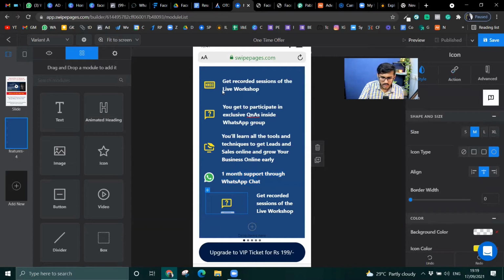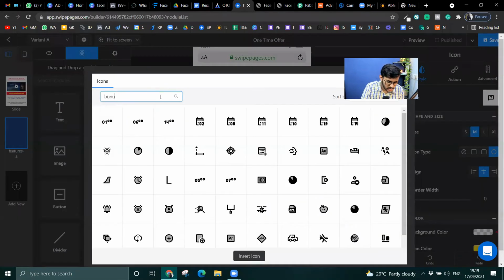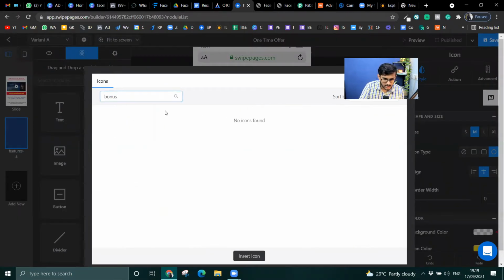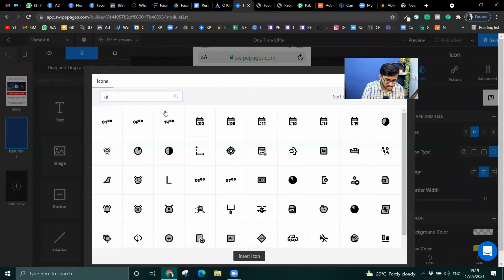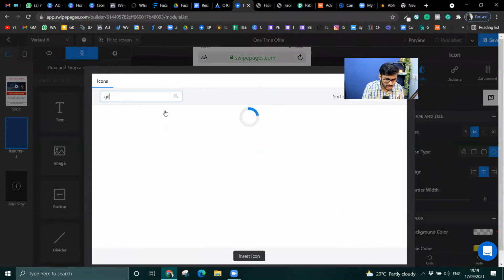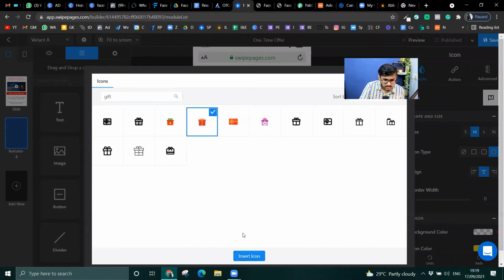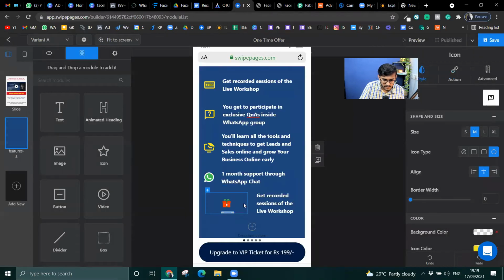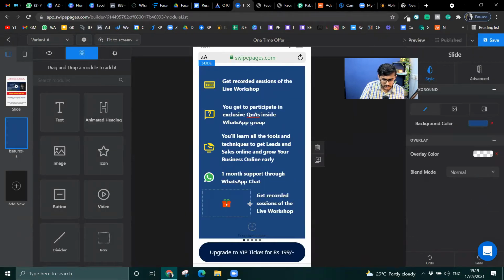This is bonus. So let me see if I have a bonus option. No, gift box. Not gift box, gift box. Colorful. Okay.